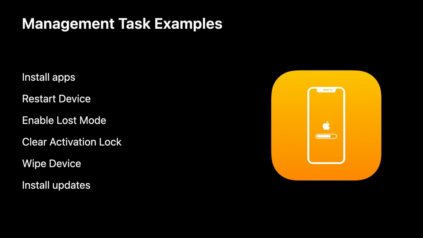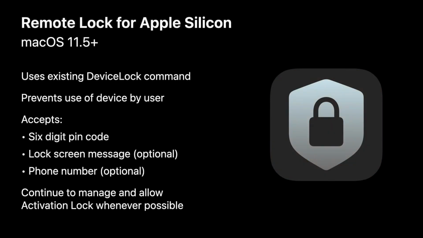If using user-based activation lock, MDM can still gather a bypass code and use it to clear activation lock with a command sent to the device. New in macOS 11.5 as well as macOS Monterey, we are enhancing the device lock command on Mac computers with Apple Silicon. With this change, you can now send a 6-digit PIN, message, and phone number to lock the device. This will cause the Mac to reboot and present the user with the information provided, bringing feature parity across all